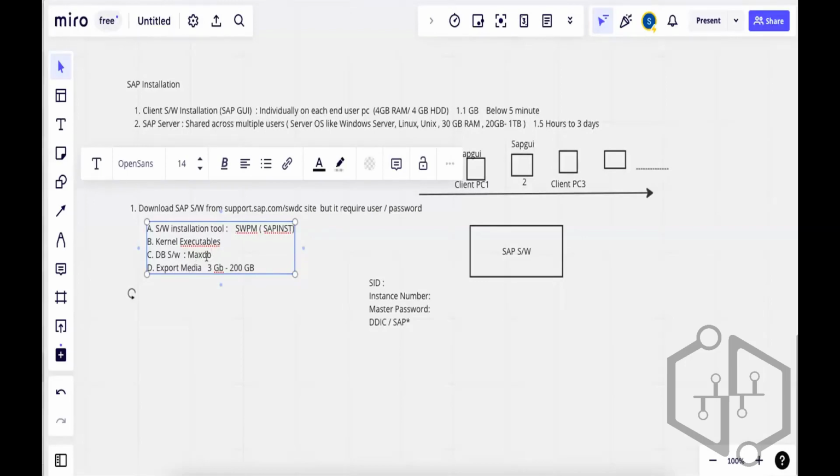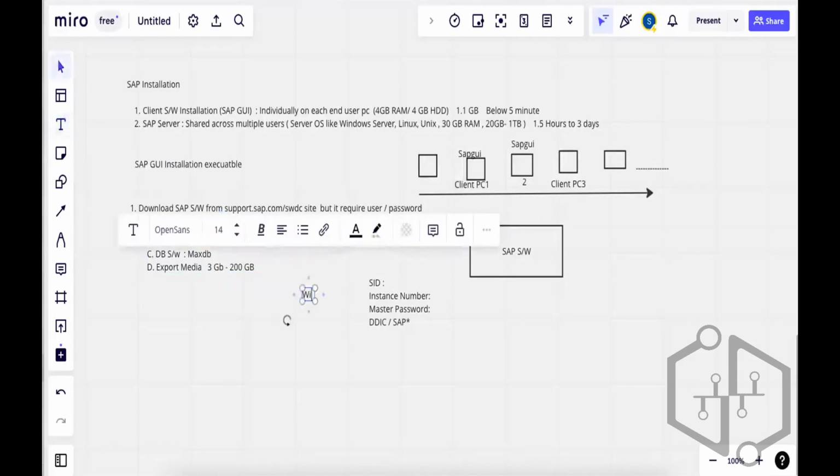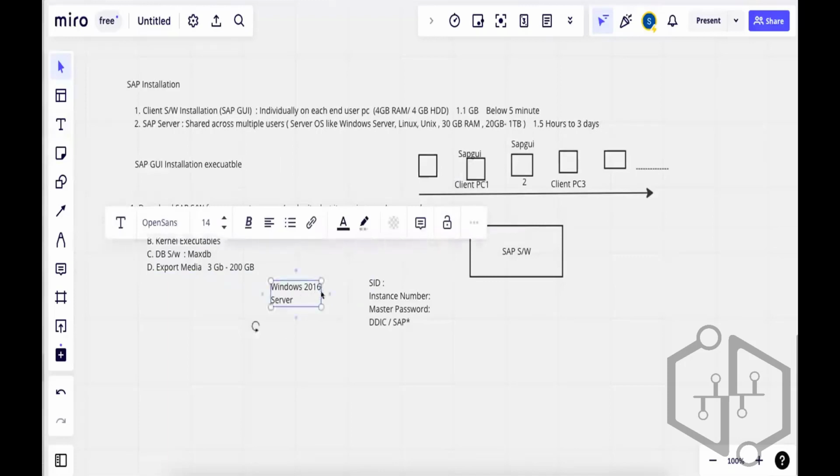So we have the database software MaxDB. First we have to decide what should be our SID. We have checked our server. We have made sure that our server is Windows 2016 server. Two or three things we have to maintain: what is our server, do we have enough RAM, hard disk, and CPU, and after that we have to make sure that we have